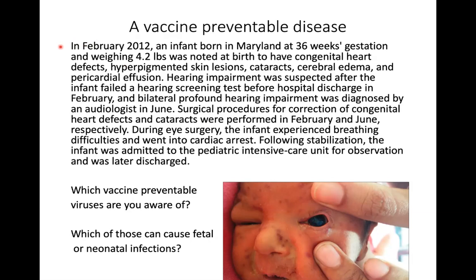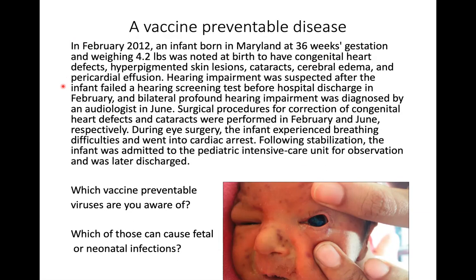So this is a real case. In February 2012, an infant was born at 36 weeks gestation, weighing just 4.2 pounds, and was noted to have congenital heart defects, hyperpigmented skin lesions, which you can see down here, cataracts on her eyes, cerebral edema, and pericardial effusion. Hearing impairment was suspected after the infant failed a hearing screen,